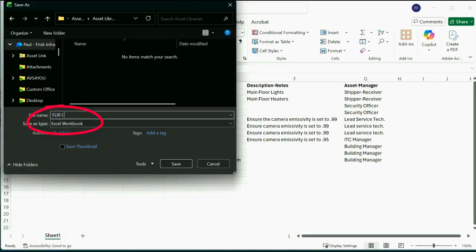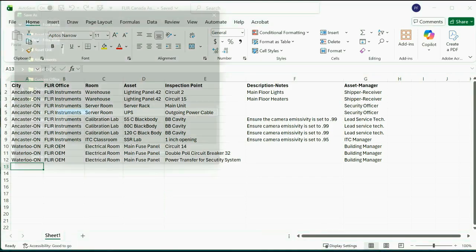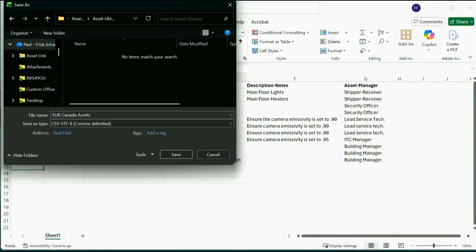We recommend saving the current version first as a standard Excel workbook. This format will make it easier to edit the asset library in the future. Next, save the workbook again in a comma-separated value or CSV file format using the UTF-8 comma-delimited option. We also recommend using the same name as the Excel version to help keep your data and files better organized